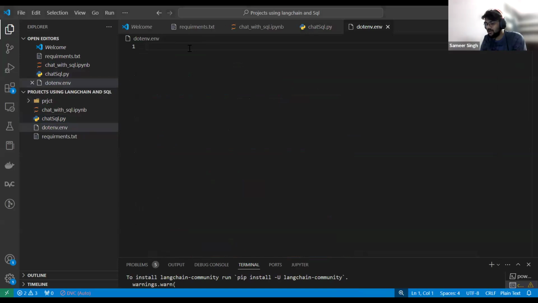And I'm writing OPENAI_API_KEY. I will write my OpenAI API key here. Just a second, guys. It won't take much time. I hope you guys can understand why I'm saying all of these things.